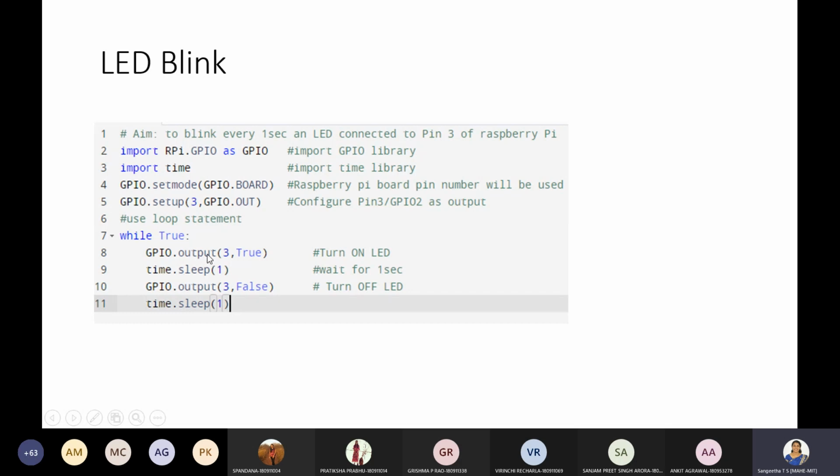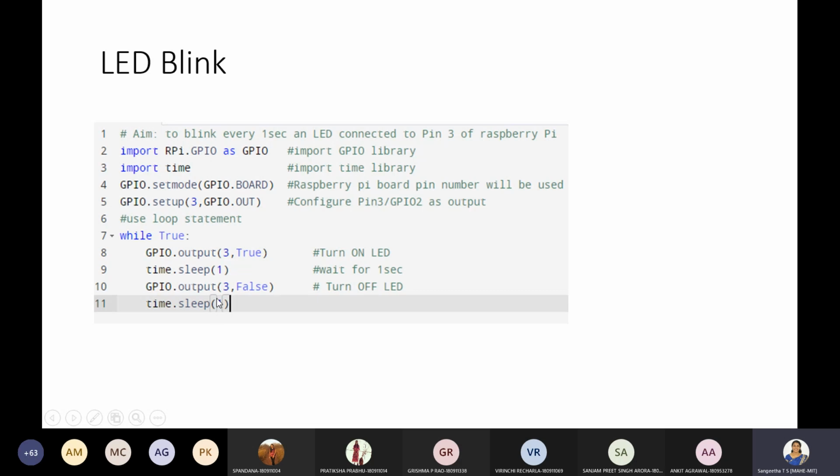That means for a duration of 1 second, you can see that the LED is on, and after a second delay, you execute the second command, and so the LED turns off. Make the output value false, and again give a delay of 1 second, so that again for 1 second the value low will be available in the pin number 3.